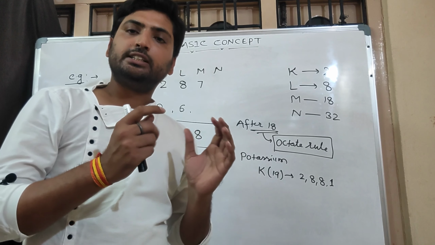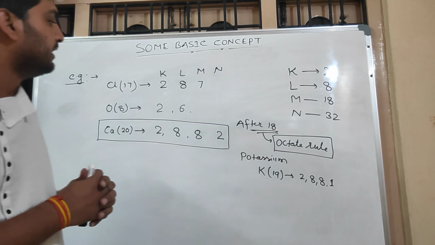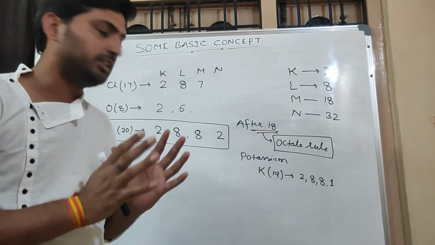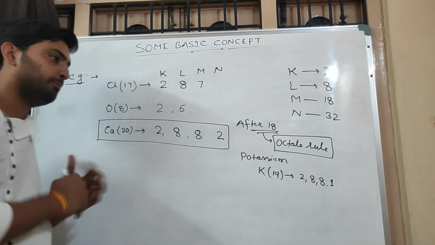According to the octet rule, the outermost shell of an atom wants only 8 electrons in its outermost shell. Meaning any atom wants only 8 electrons in its outermost shell. For example,